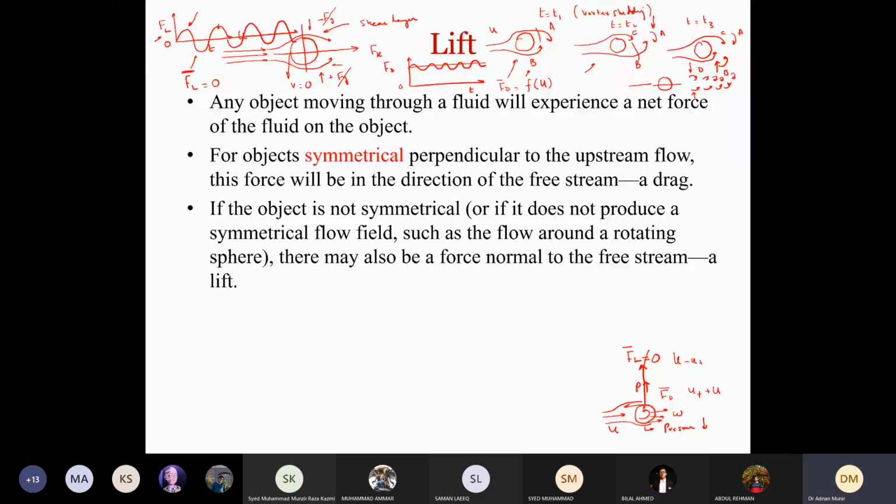So lift force mathematically is given by L. Here it is in newtons. When we divide it by half rho u square A, we are actually non-dimensionalizing it. So newtons will cancel with newtons, and then it will be non-dimensional. So this is called the lift coefficient, and it is the non-dimensional form of lift force.